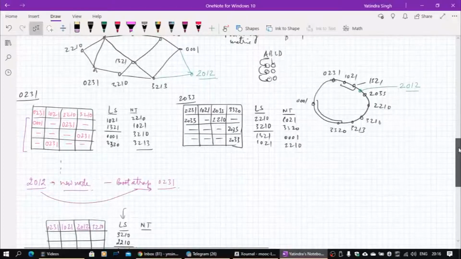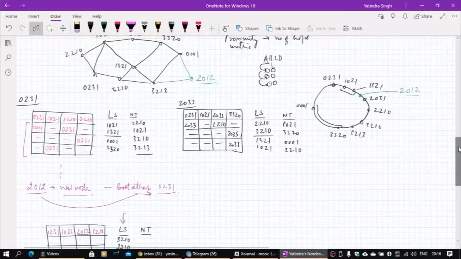So 2012 is in fact, ideally speaking, if it is not the internet hops which we are talking about, and this is an internet hop connectivity. Okay, so it can actually send a router and find out. Later on it will find out this guy is also part of the DHT. It will use that, but it's a hop at the IP layer. So 2012 is going to be closer to whom? So we have to figure out that.